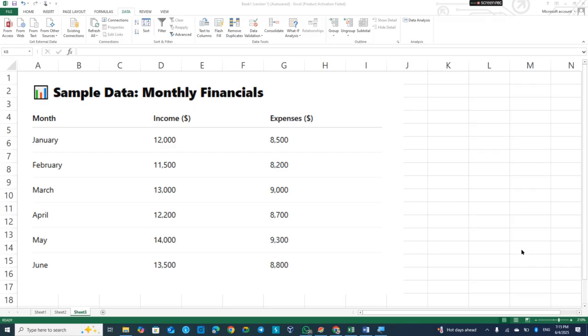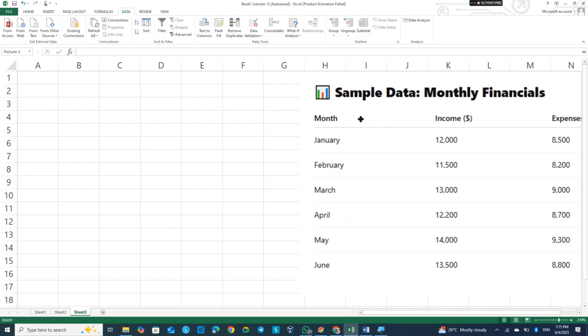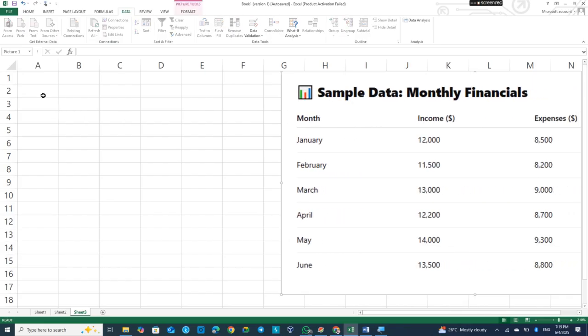We want to analyze the monthly income and expenses of a small business to calculate their profits and also visualize the trends. How do we get this done? We want to use this sample data for monthly financials from January to June for this analysis. I'm going to move it to the side so that I can type into my cells. I'm going to start here by typing